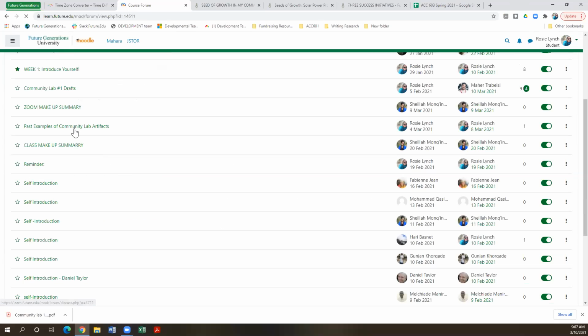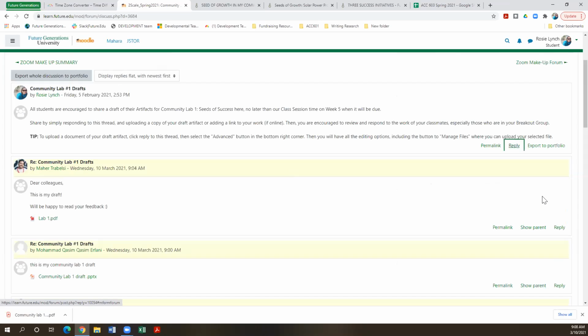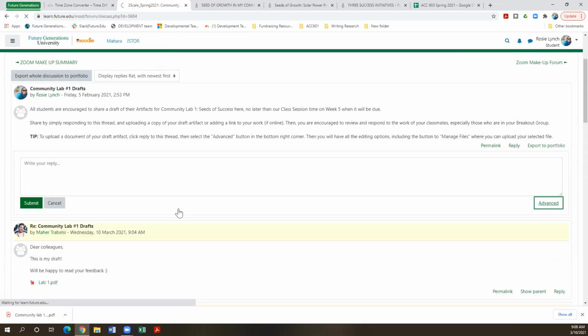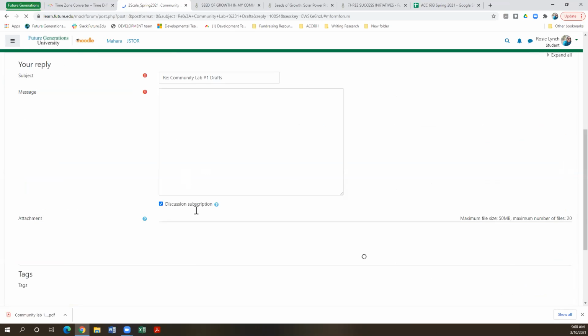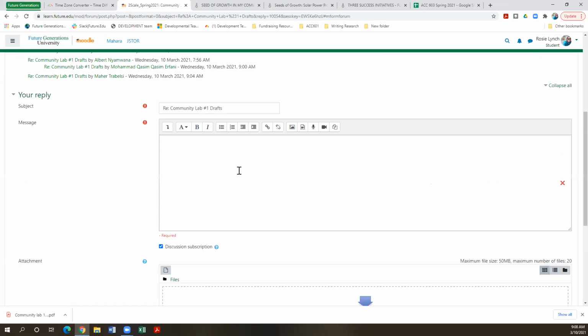So please go ahead and do that if you had any trouble. So other students were able to do it when you hit reply and then go to advanced. That's when you're able to add attachments down here.